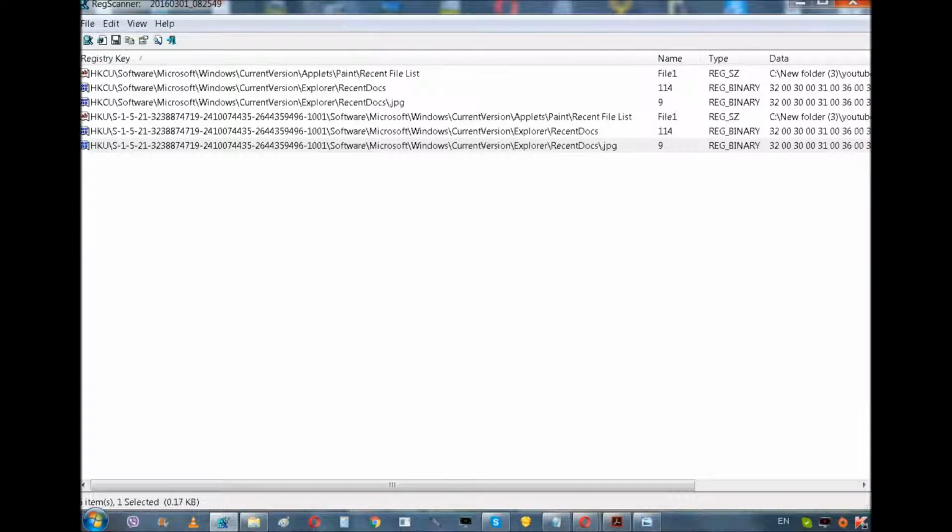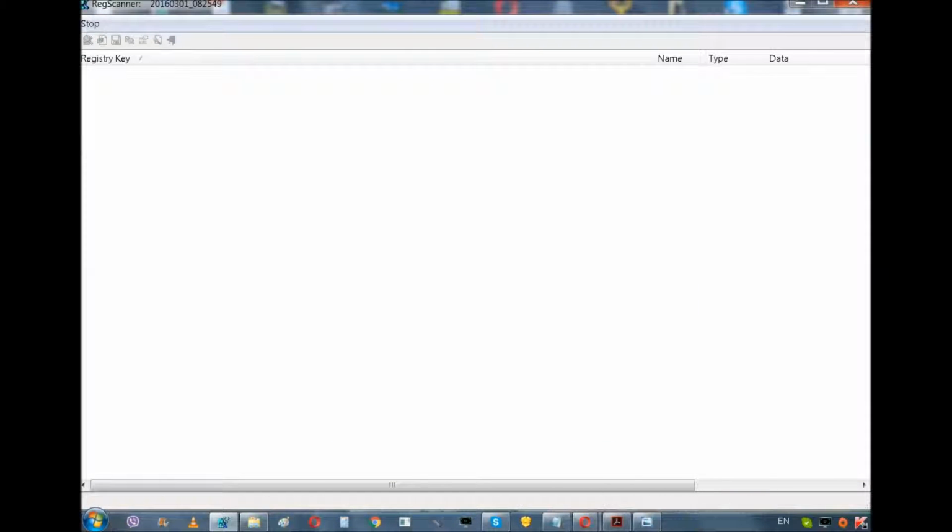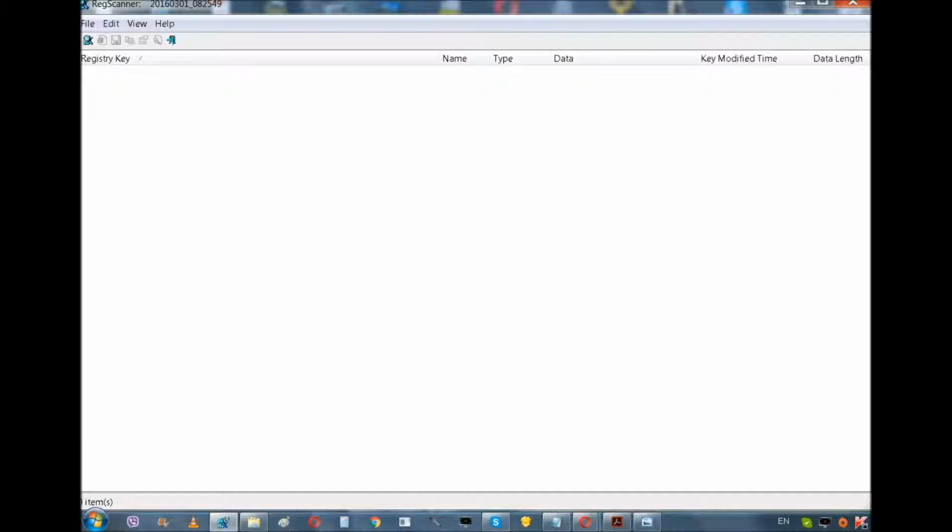So that's how, if you scan it again, you're not going to be able to find any records of that file. As you can see, scan is complete, and there's no registry keys left this time. So basically, that's how you remove history from your computer, permanent history for using any media files, anything